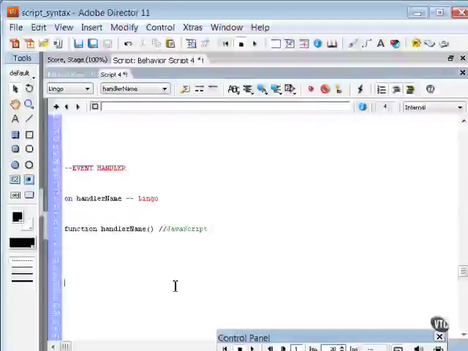Now, event handler syntax, which I covered in the previous movie, also varies between Lingo and JavaScript syntax. In Lingo, handlers use the syntax on handler name. In JavaScript syntax, handlers are implemented as functions and use the syntax function handler name, and then notice there's an open and close parentheses. For example, the following handler